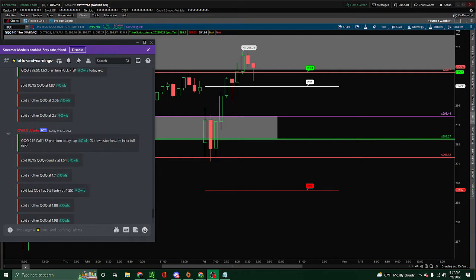Now, let's get started. So last night we did have a watch list session and we did review QQQ. So we had these levels placed before market opened. And so we had to trust the levels, right? So what did I see? So we saw that QQQ tested this